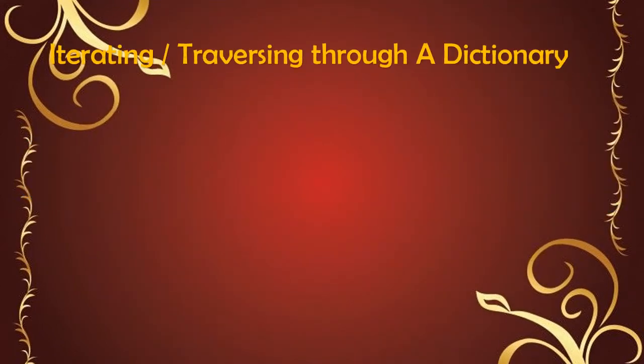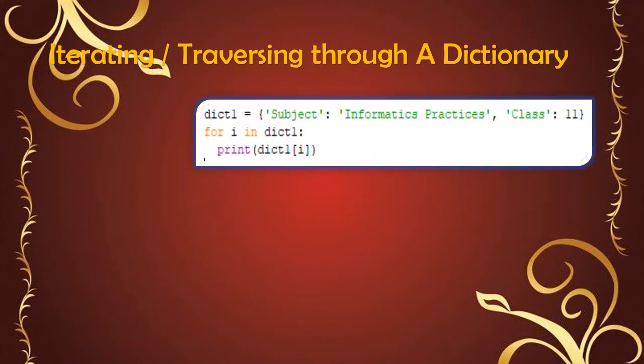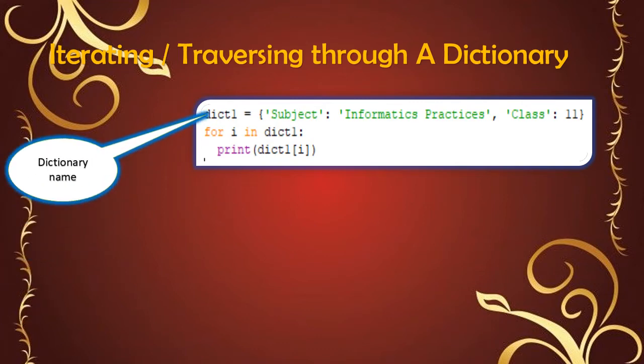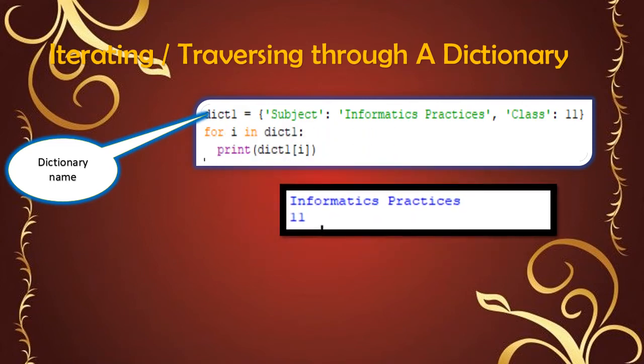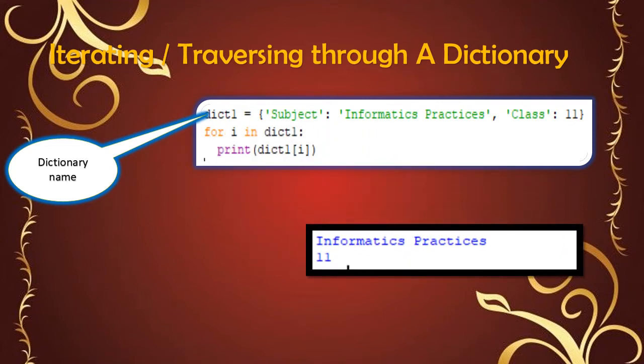And next, how can we access the elements through a loop statement? Here dictionary1 is a dictionary name with two key and value pairs, subject and class, and for i in dictionary1 is assigned. So one by one, each key will be assigned to i, and those values will be printed. First the subject key is assigned to i, and then dictionary1 of subject, that is informatics practices, is printed. Likewise, in the second iteration the class key is assigned to i, then dictionary1 of